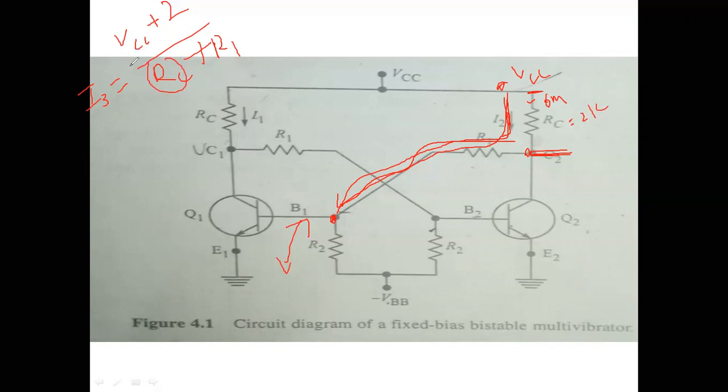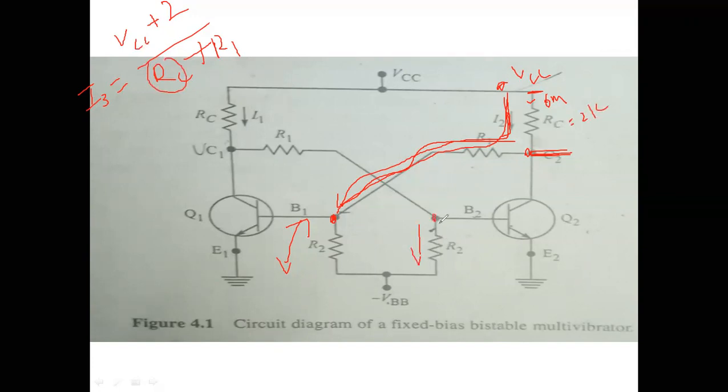Therefore, you may get an expression in terms of R1. Okay, I3 equal to an expression of R1. Now we are going to find out the I4 current. How are we going to find out the I4? Where will this I4 current be located? This I4 is nothing but this current, the current through this branch.